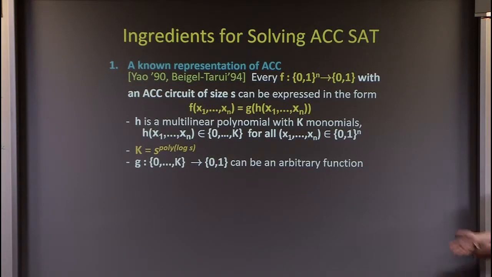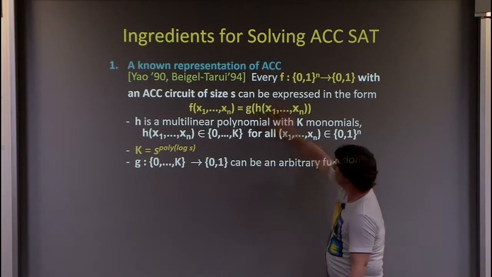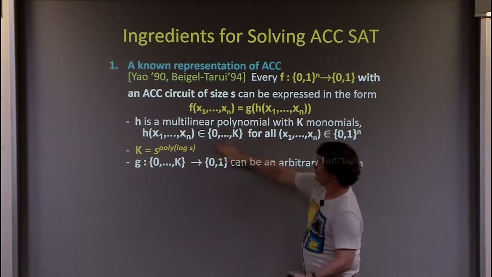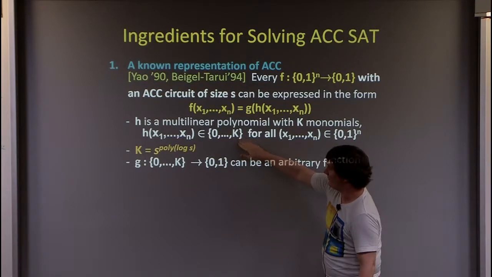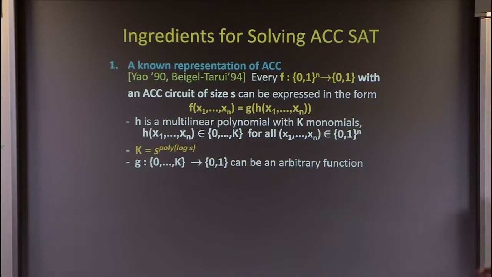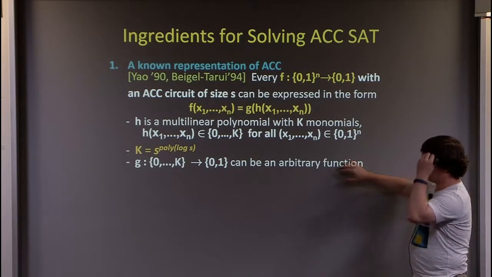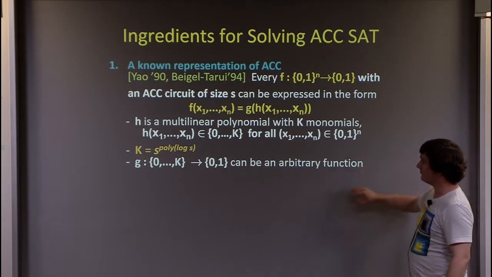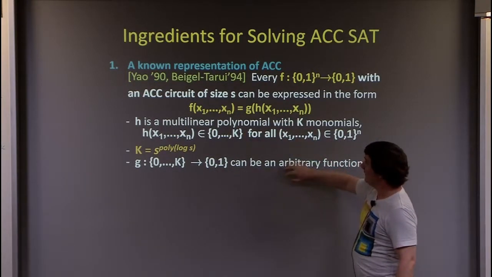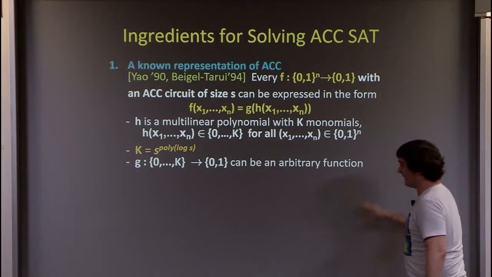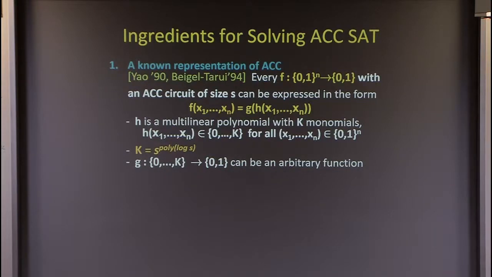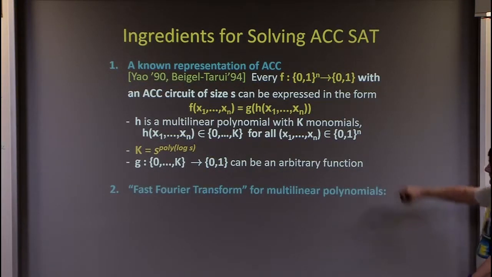So you take that, and then you have this multilinear polynomial with the smaller monomials, okay? And then you have a filter function, like g, which basically takes something from this larger domain and maps it down to 0, 1. Okay? It can just be arbitrary, and you can write that as a lookup table. What they proved was much stronger than this, but this is the only thing we need. Okay? What they proved was actually much stronger, that in fact this polynomial could have low degree, polylog s degree, and that you can in fact pick a specific function for the g's, but we don't need any of that for the algorithm. Okay. All right, so that's the complexity theoretic part,